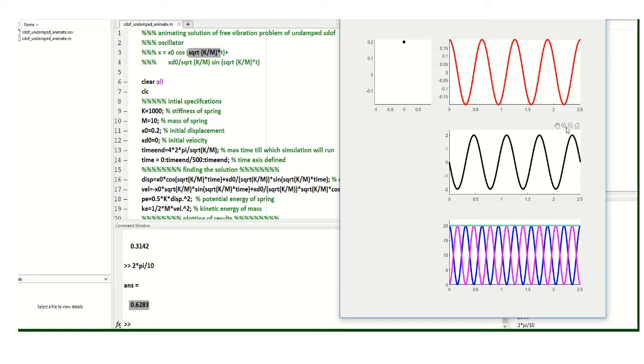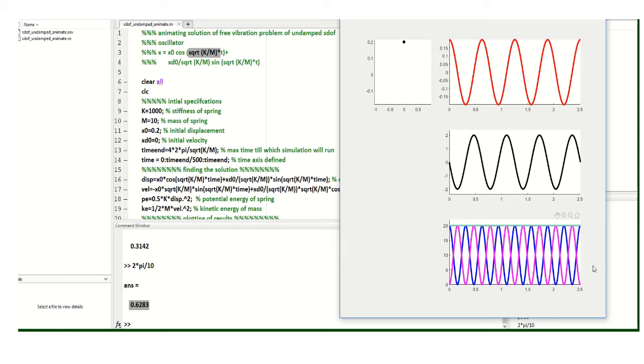Okay, so I hope that these graphs are clear to you, these 2 graphs and this one. Now there is another interesting graph which I have drawn over here, which is this last one. Now there are 3 lines in it. One is this dark blue, one is this magenta, and the other one is this faint blue or cyan, whatever you call it. Now let's try to see what these lines are.